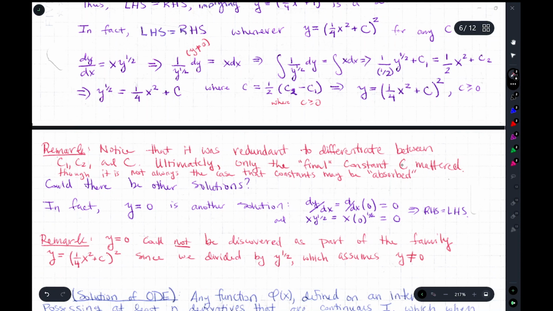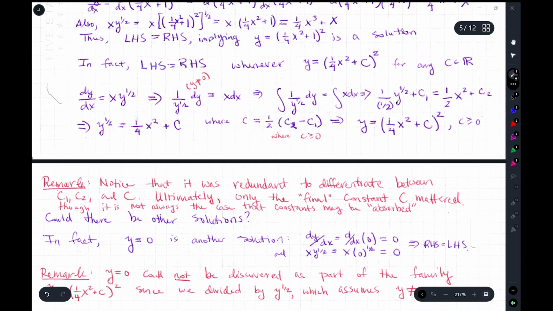Remark, notice that it was redundant to differentiate between C1 and C2. So in this step, when I integrate the left-hand side, we're used to having that plus C for the antiderivative, okay? And a C2 there. If you move C1 to the right-hand side, you'll get C2 minus C1, and then you could also divide by 2 to get rid of that 1/2 there. Okay, so multiply by half or divide by 2. And so we call C this,